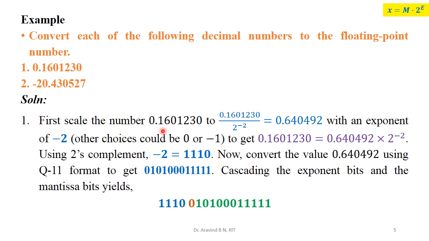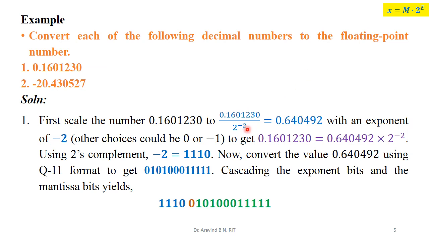Now, identifying the exponent part, this is the given number. The given number is divided by 2^-2 and we get this as the result. For cross verification, if you multiply this value by 2^2, again we get back this value. That means we are trying to identify the exponent over here. Now, comparing 2^-2 with 2^e, we can identify that the exponent is -2.